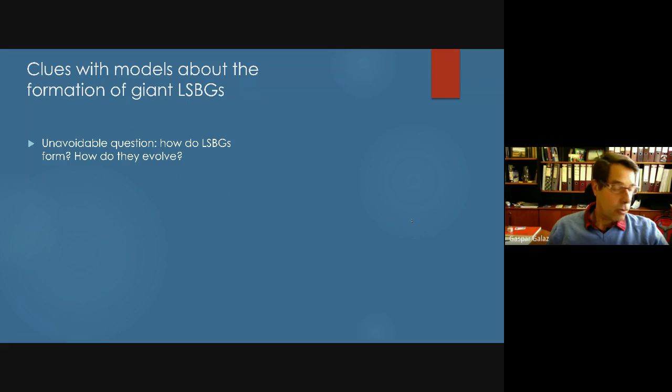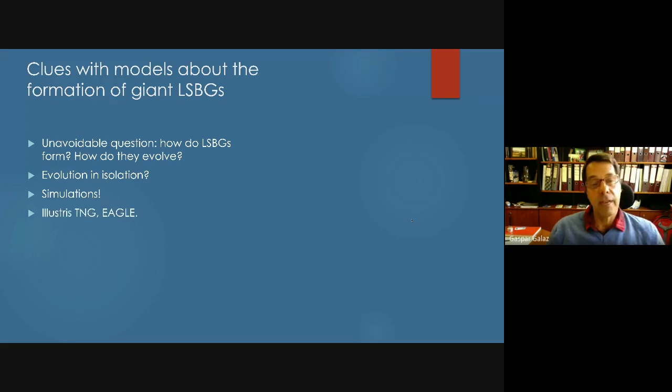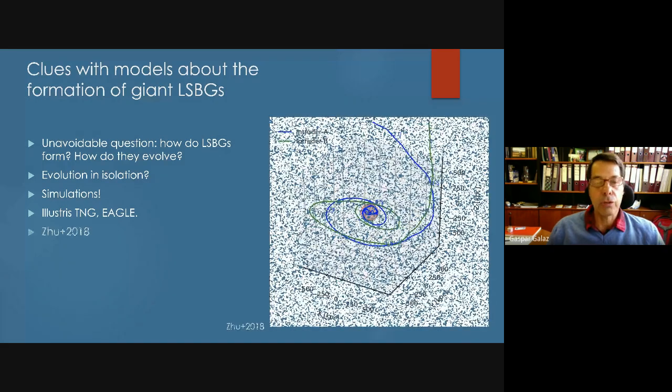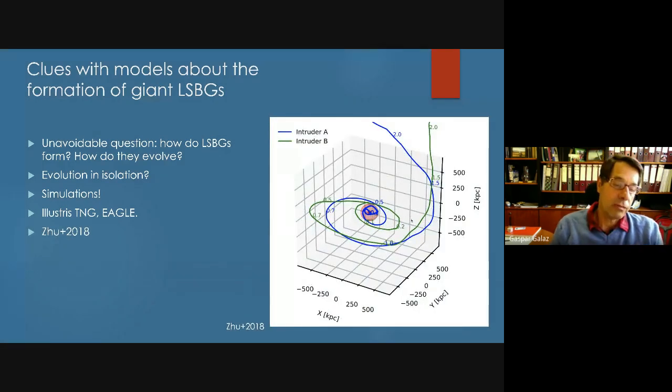Some questions that you can expect to address using models are how these galaxies form and how they evolve. Is the evolution in isolation or not? Are the galaxies obtained by models formed in isolation or not? It's not clear, so this is very important to compare with models. Now we have Illustris, Eagle, and other things. I will show you some results from Eagle that we obtained with Nelson Padilla and Andrea Culia, a postdoc. We did this in recent years. Now she's in Leiden, but still working on this.